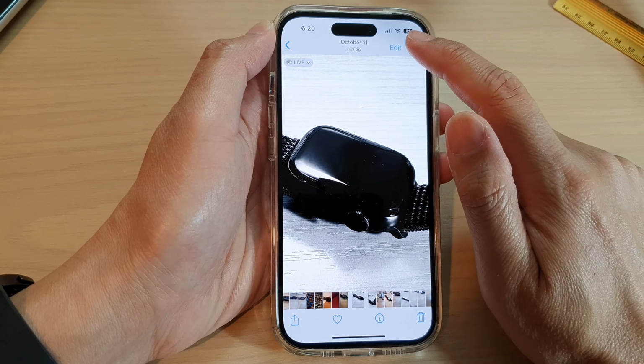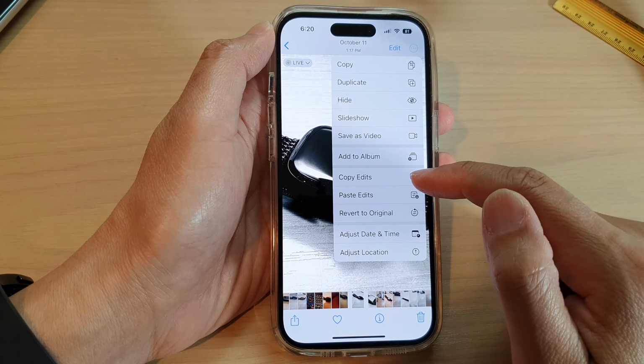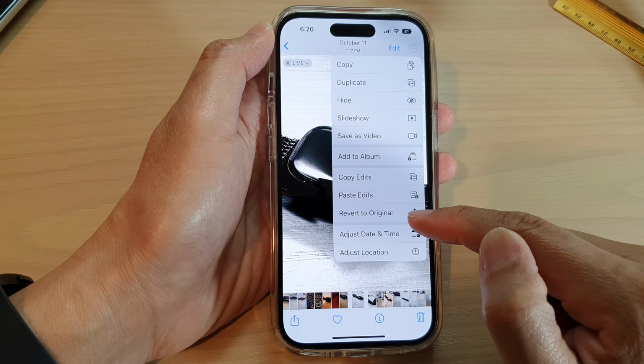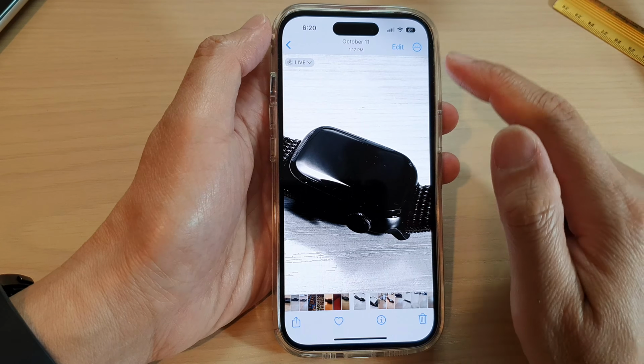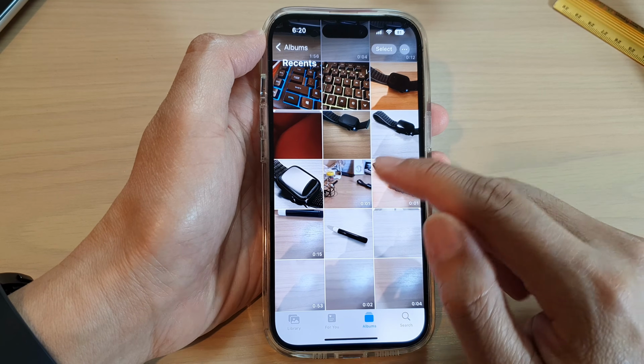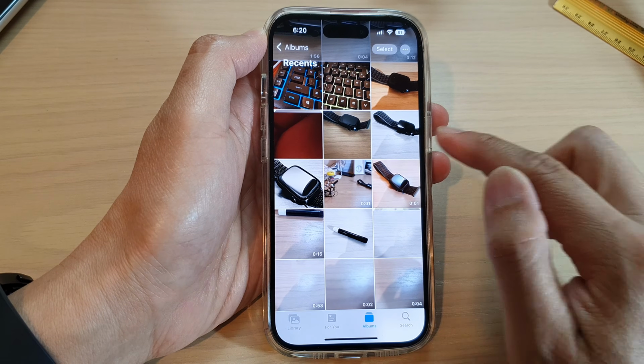this picture here. And in here you can see there is an option to copy edit or paste edit, or you can revert to original. And that's it. So that is how you can apply the copy and paste edit format in Photos on the